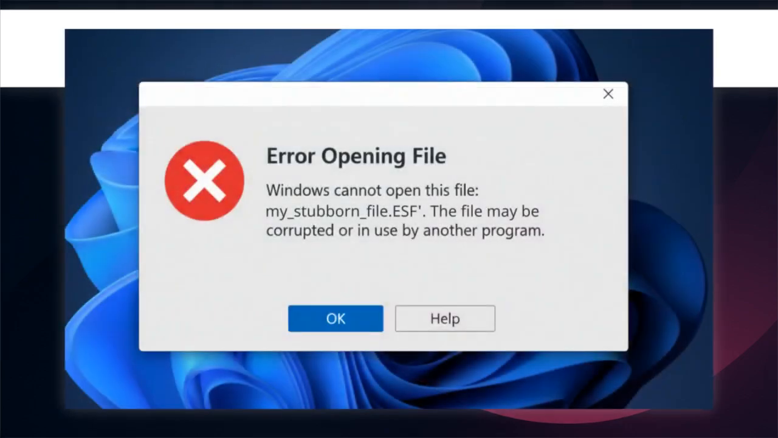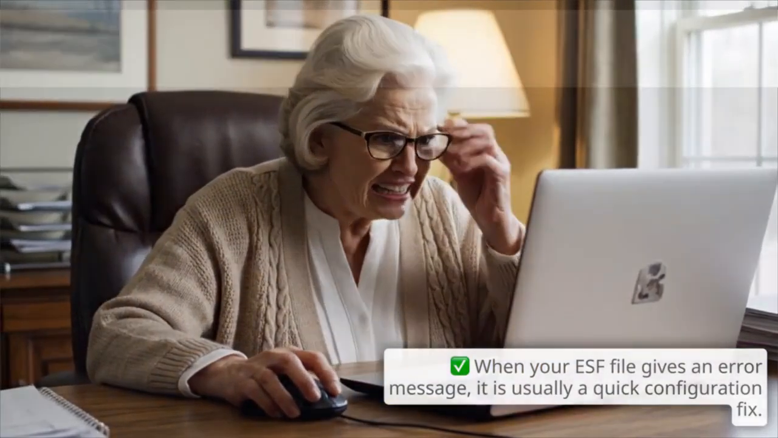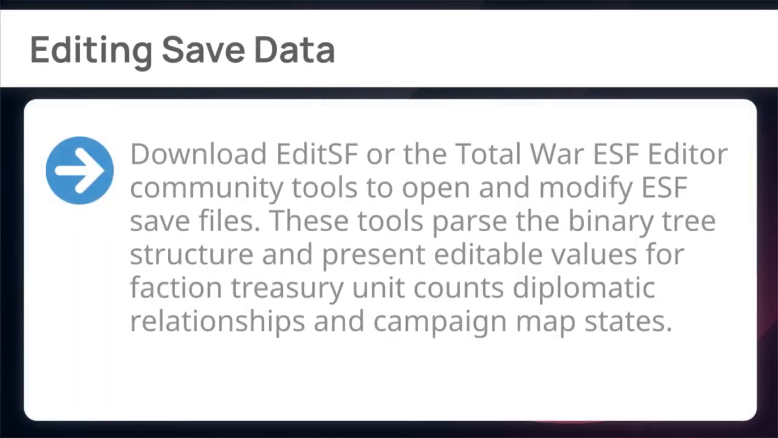Failure to open this ESF file usually comes down to 3 basic scenarios. Let's go through this quick list and check each one off. First, editing save data. Download EditSF or the Total War ESF Editor community tools to open and modify ESF save files. These tools parse the binary tree structure and present editable values for faction treasury, unit counts, diplomatic relationships, and